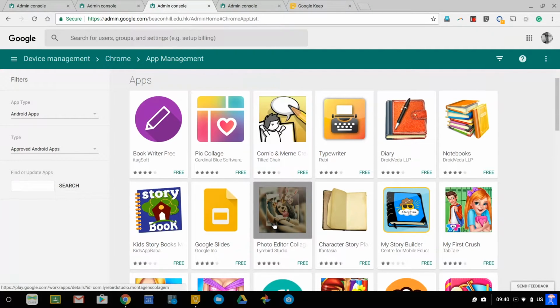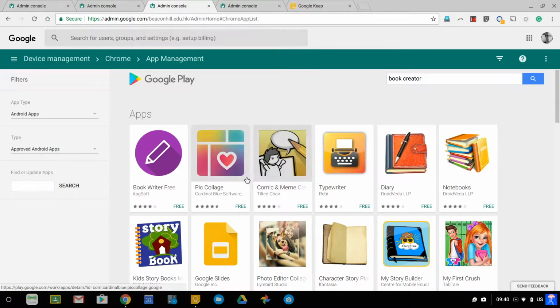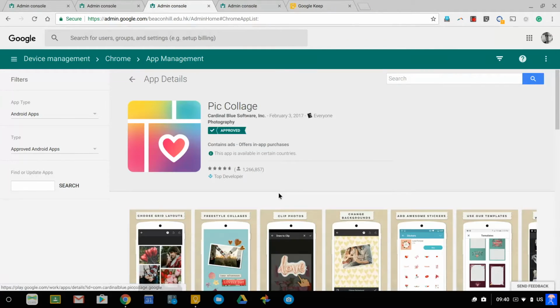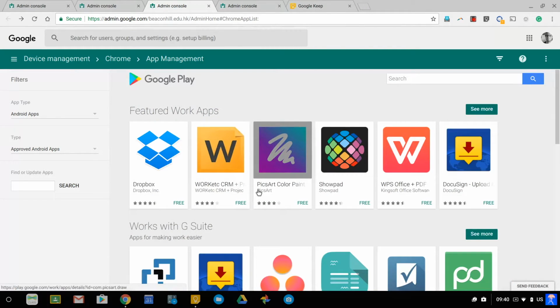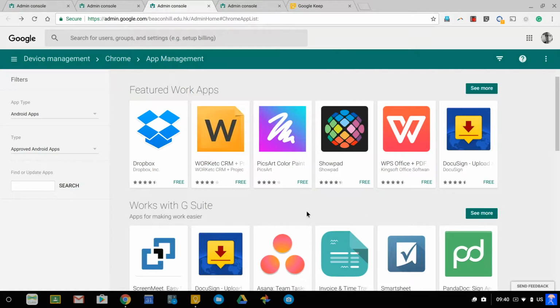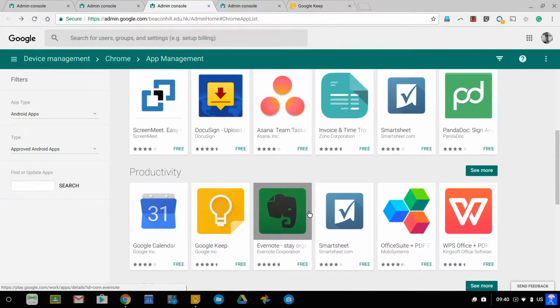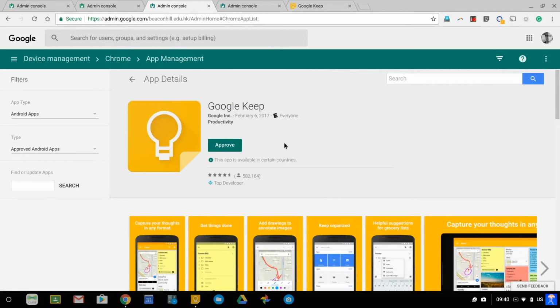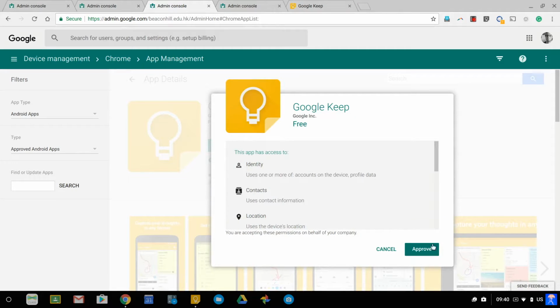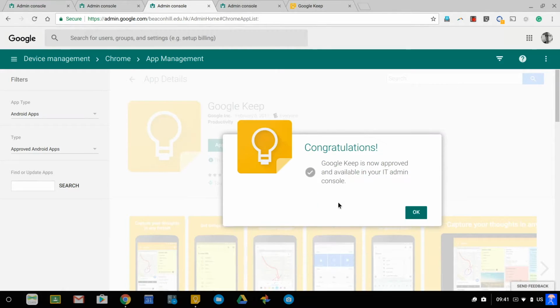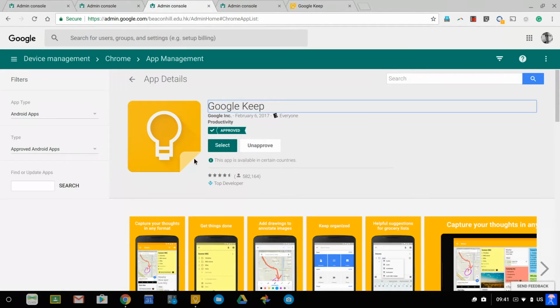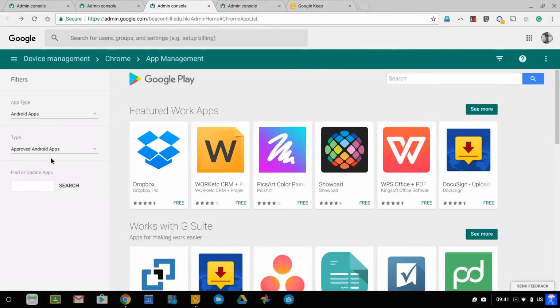So if I were to try and add one, let's say we take Pic Collage. Oh, I've already done that one. I'll choose one I've not done. Let's take, I don't really care, any of them will do. Let's take the Android version of Google Keep then. So if I approve it, that's then going to pop up, and then if we go to the app management now,